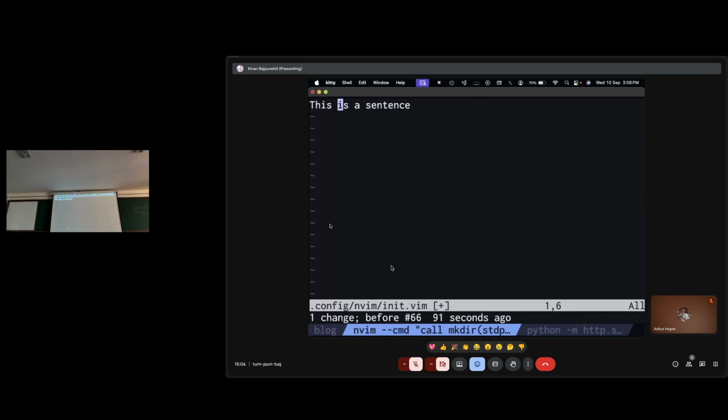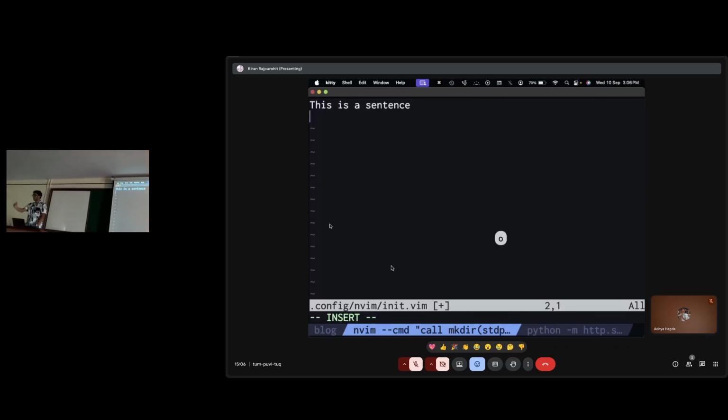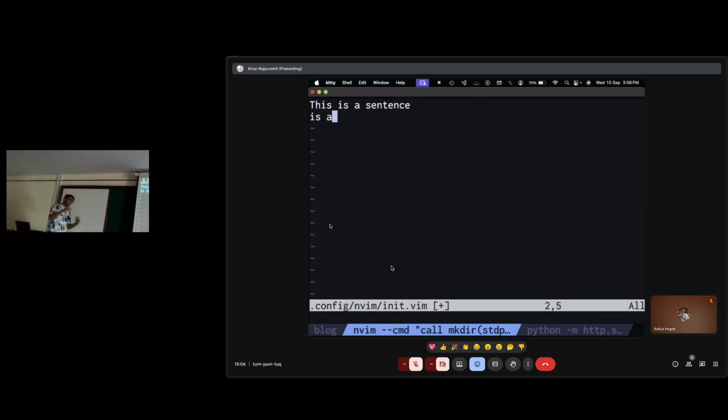Make sense? Again, you press O to insert a new line, escape to go back to normal mode, and P to paste. Make sense? Has everybody followed so far? Does everybody understand what a delete action is, a change action is, a yank action is, and these motions, W, E, B, $, 0? These are the only things that I've introduced so far, right? And these make up a majority of what you do. This is the foundation of it, essentially. And going between modes, I to go into insert mode, O to go into insert mode.